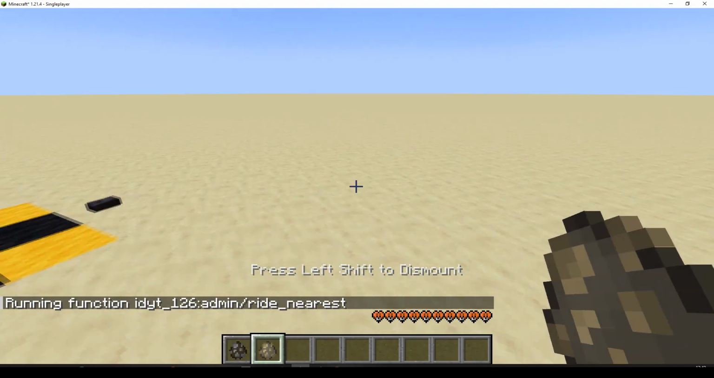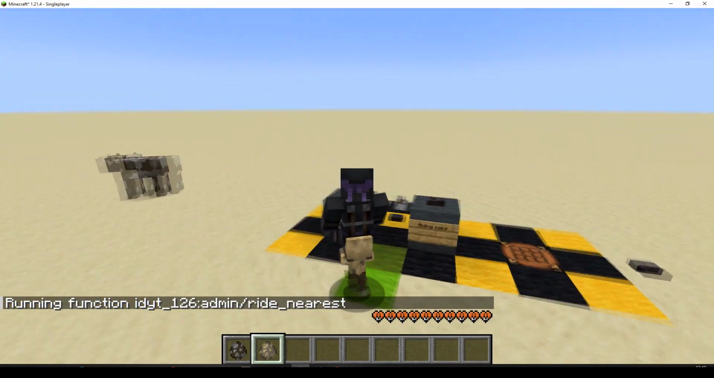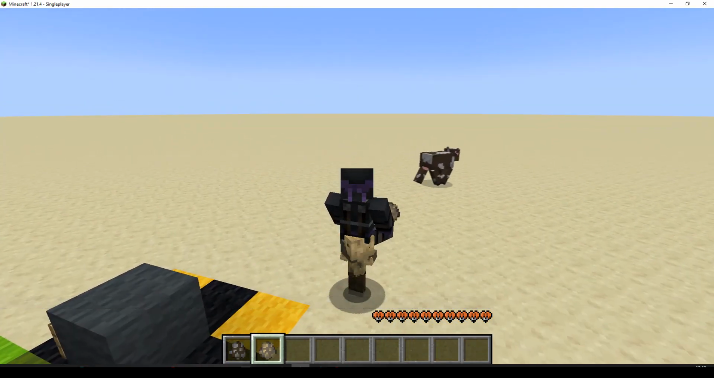Now we've got a little husk to ride around. Let's go F5. There we go. We can control him. Off we go. Let's go between those blocks there. Right. If I switch to survival,